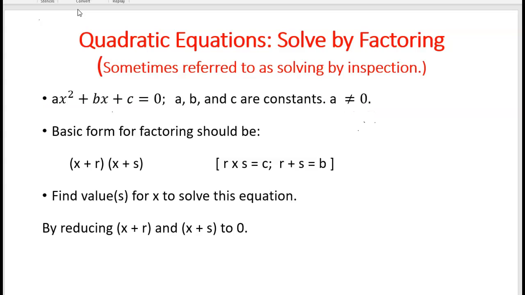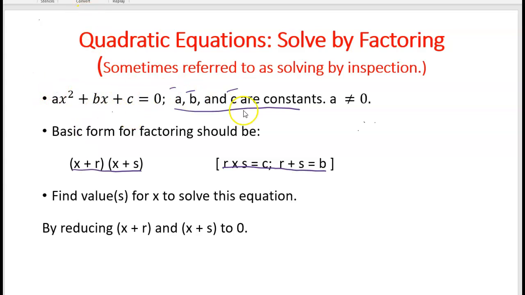Now, the second issue we want to deal with is, how do we start? We start by taking this equation and changing it into this equation, x plus r times x plus s. In order to do that, and by the way, r and s are simply constants, just as the first, second, and third coefficients are, we have to make sure to follow this condition, and that is when we determine the values for r and s, r times s must equal